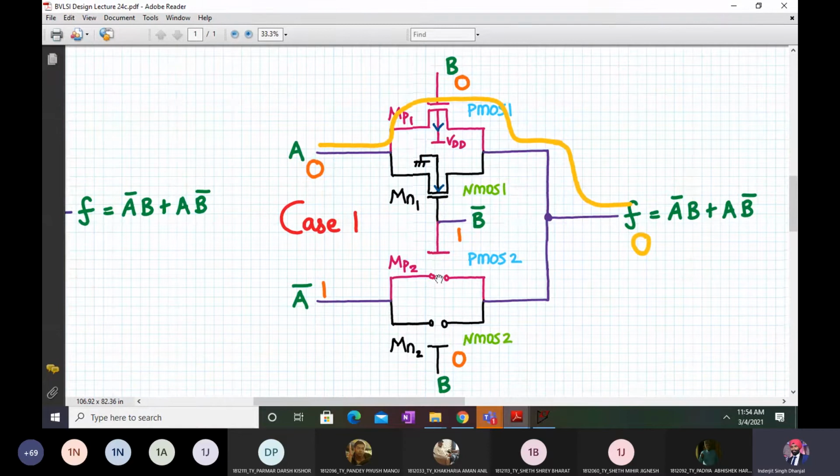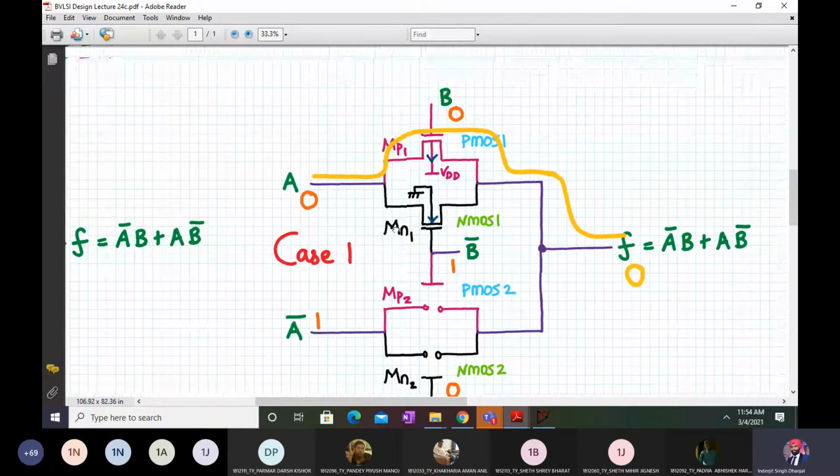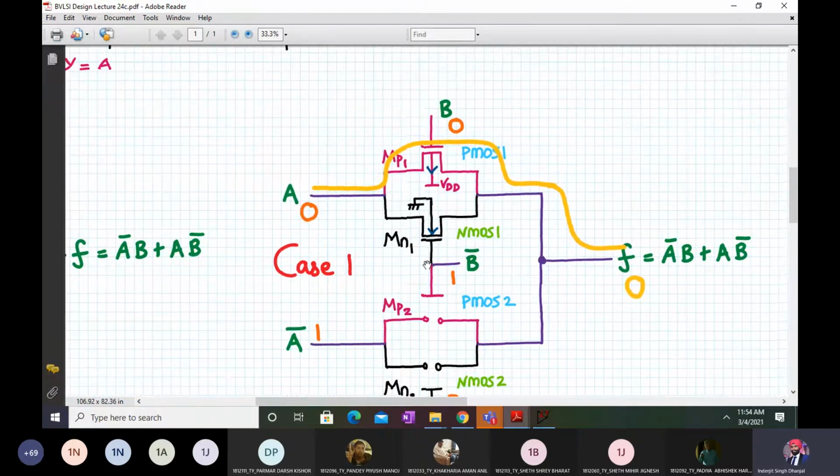Now, whenever we apply B as 0, this NMOS 2 is off. Also B bar will be 1, so my PMOS 2 is also off. That means my lower transmission gate, transmission gate number 2, will be off. So whatever I apply at its input doesn't matter. Over here the upper transmission gate is on.